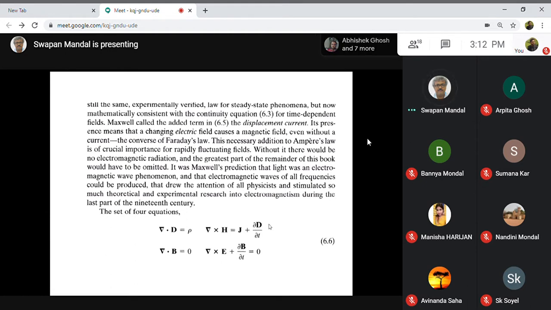Could you follow me? I am telling you once again. These are the four Maxwell's equations, and they involve the material medium, because the material property of the medium is incorporated in the D vector and H vector. So D and H are the two vectors where the material medium is there. Anyway, I am talking about free space.